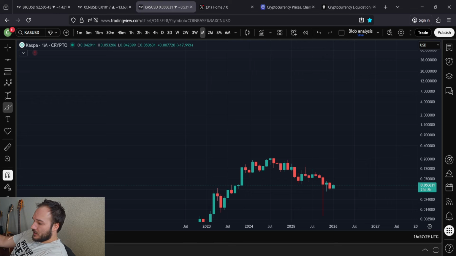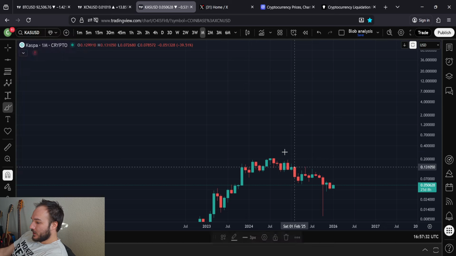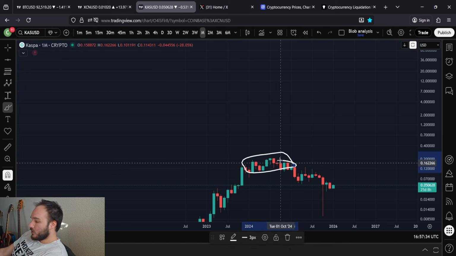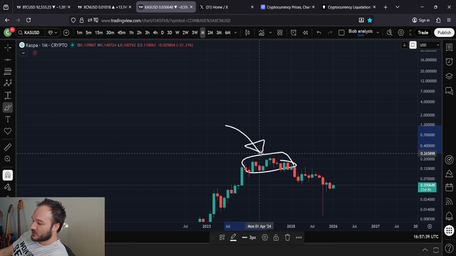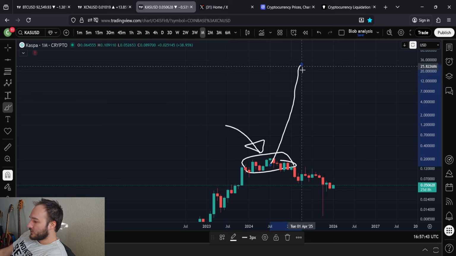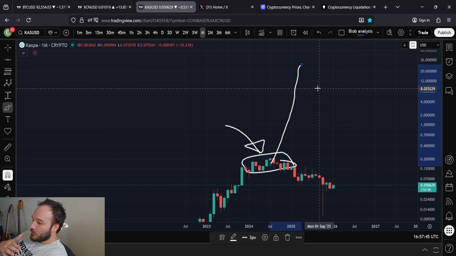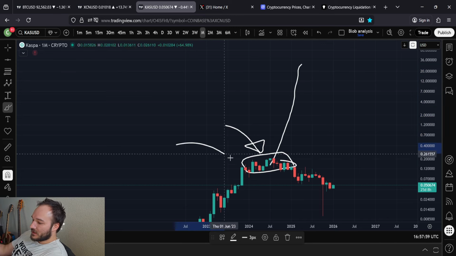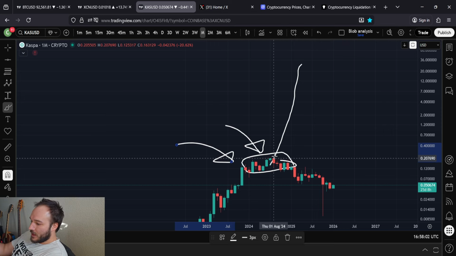And hopefully, for anybody who bought Kaspa here because you heard a bunch of people telling you, who, by the way, didn't know what they were talking about, and I said this here, I'm going to say it again. Shame on all the people here who were saying that you were going to go to $50, who were saying that you were going to go to $5. These were people who created brand new YouTube accounts. I followed all of them. I checked them out. They had just gotten into crypto. They had no idea what they were doing, and yet they created a massive following of thousands of followers that they convinced it was a smart idea to buy here, okay? Shame on all those people.